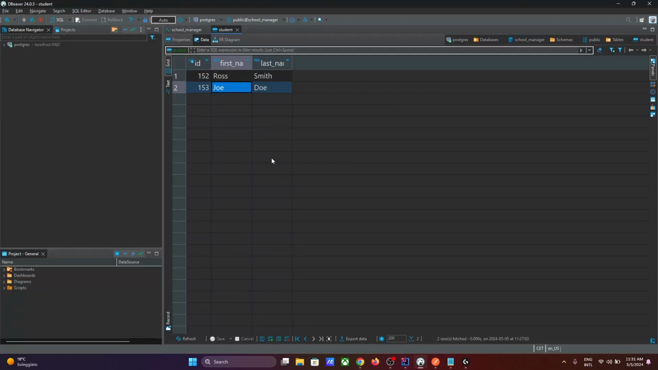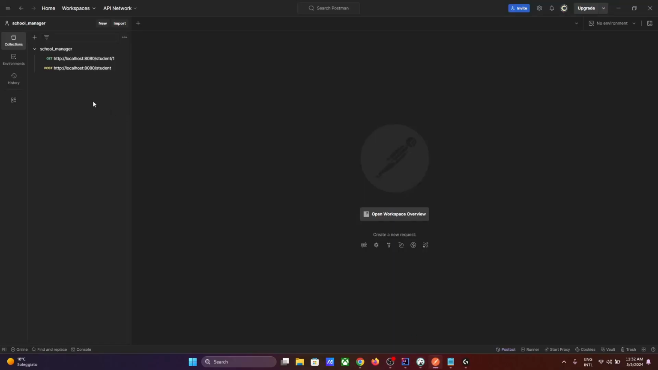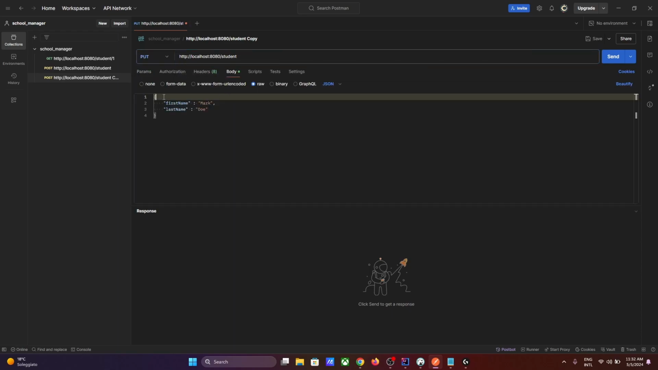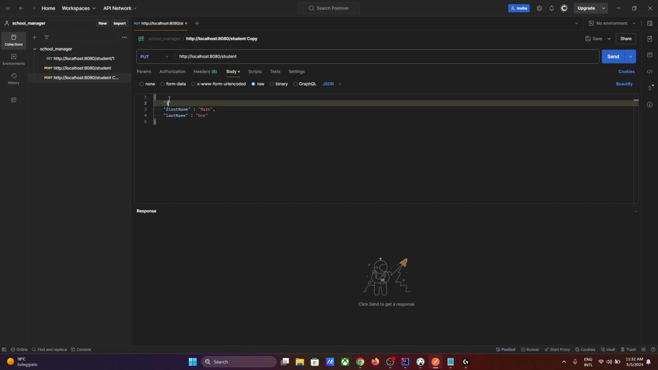Now the application is started. You can go on DBeaver, refresh your DBeaver to check your students. We have 152 Ross Smith. We are going to modify this. So open Postman or whatever program you have to create API calls, duplicate the post method, change this method to put, and check the body. You must add this ID